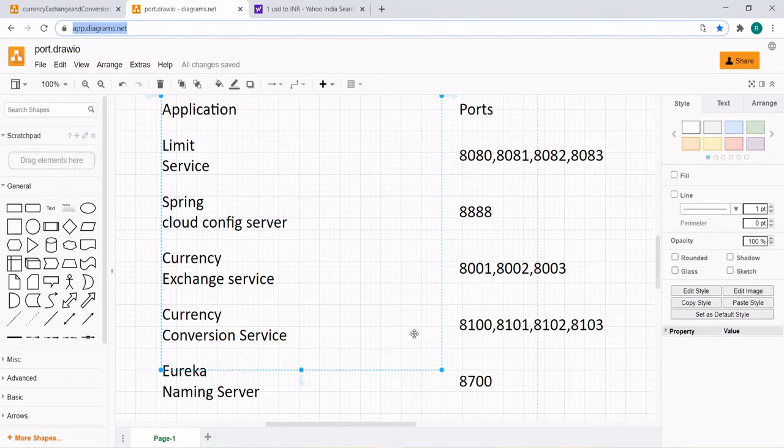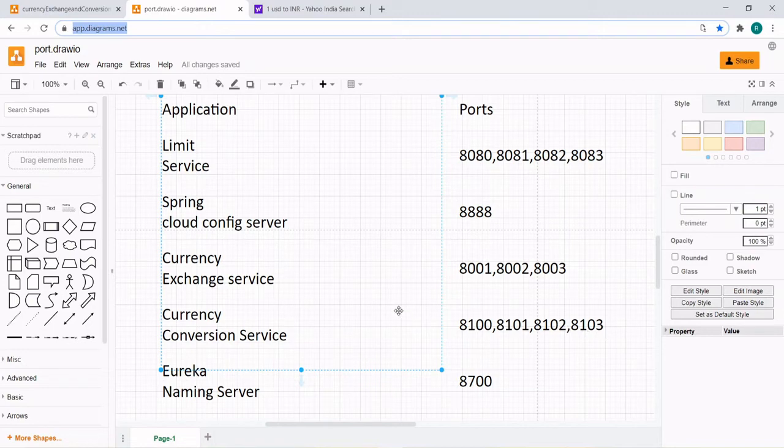You have already defined it, so there should be no discrepancy. If you create multiple instances of the currency exchange service, it should be 8001, 8002, 8003. Similarly, the currency conversion service will start with 8100, 8101 and so on.